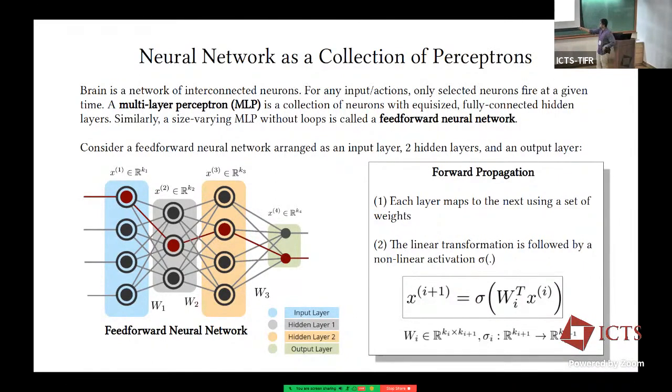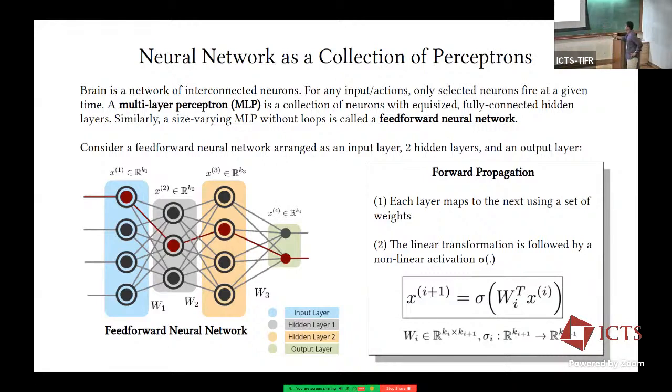Similarly, your information propagates from your second layer, that is the first hidden layer, to the second hidden layer using a set of weights W2. And once you apply this affine transformation W1 x1, before you actually set the values for the nodes, you have an activation function sigma that operates on your data. Okay, so this kind of network is called a feed-forward neural network, and this propagation of information from one end of the network to the other end is called forward propagation. Okay,